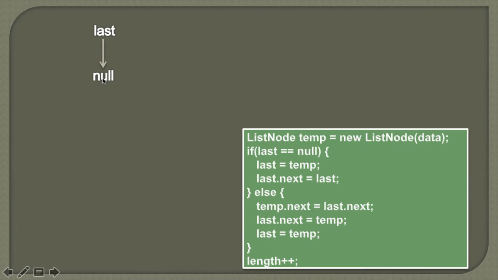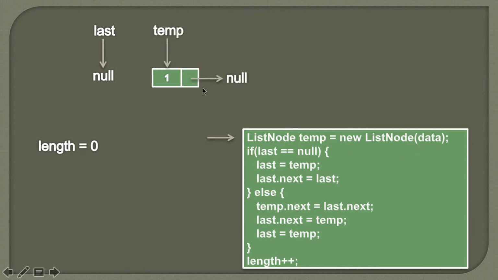So in this tutorial we will be discussing how to insert a node at the end of a circular singly linked list in Java. So let's see the demonstration of this algorithm step by step. We also know that when the circular singly linked list is empty, length is 0. Now in order to insert a node in a circular singly linked list at the end, the first step we do is we create a node and we'll pass the data.